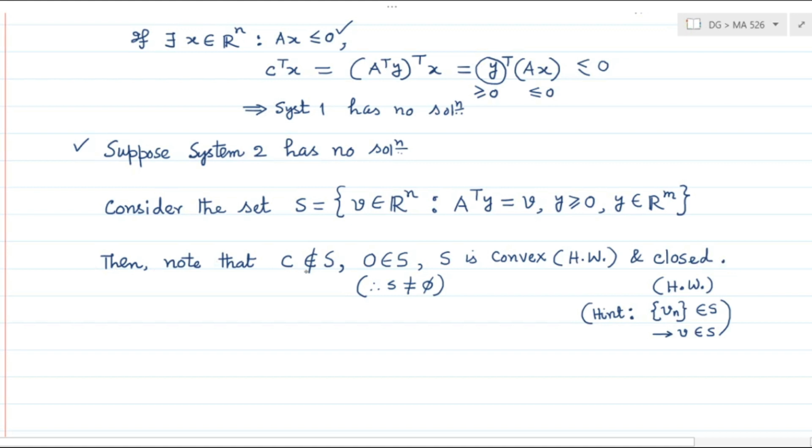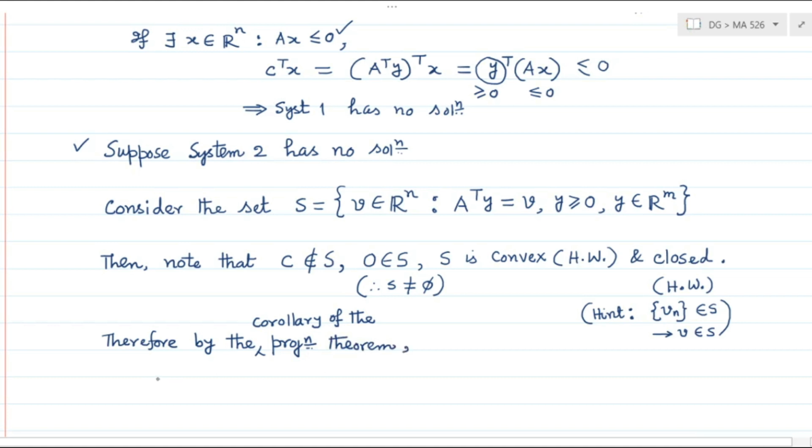And therefore what does this line say? This line says that C is not in a non-empty closed convex set. Now we can apply the result from the last day. The last day we have seen that if an element is outside a closed non-empty convex set, then by the projection theorem, or the corollary to the projection theorem, the last day's corollary I am referring to,